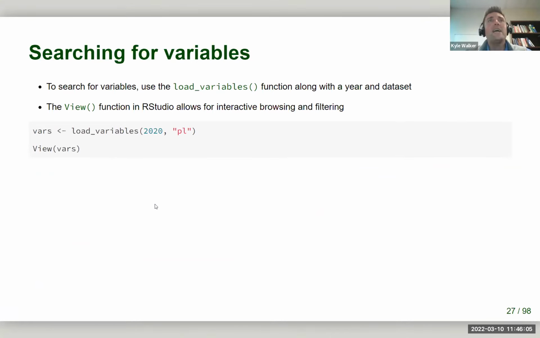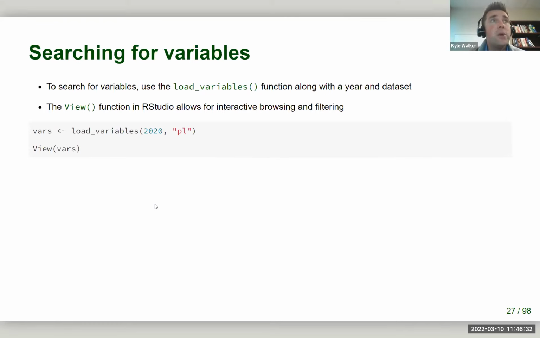What I implement in Tidycensus is a variables browser that allows you to pull down the variables from the census website and browse them interactively. The load variables function in Tidycensus requires a year and a data set name. And the only data set available for the 2020 census at the moment is PL for the PL 94171